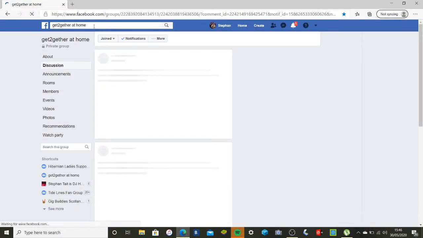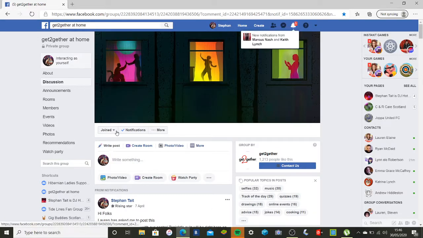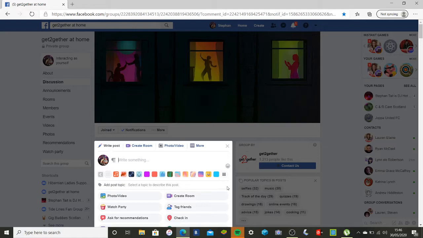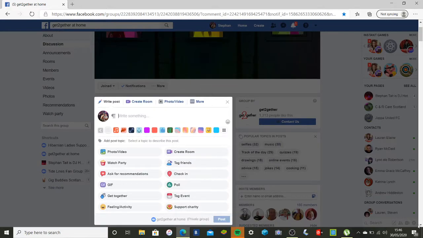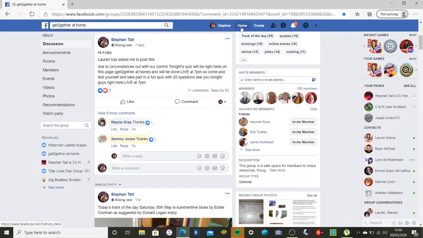when it loads up. But as you'll see guys in a minute, when you go to go live, what you do is you click on these three dots and you will see that the live video button is not there. Now, there's a crafty trick to get round this. So you close this, then you would click on the home button, which is up here. So you click on the home button,